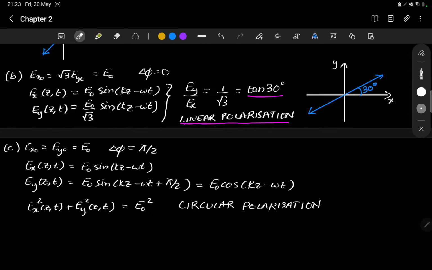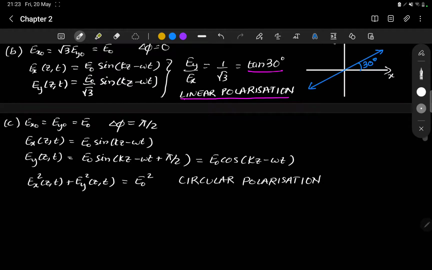And for circular polarization, we need to know the handedness, whether it is right circular or left circular. So for that, how do we see whether it is right circular or left circular? We can follow the following steps. For simplicity, we can say look at the z equal to 0 plane. So set z equal to 0, and then we can consider,